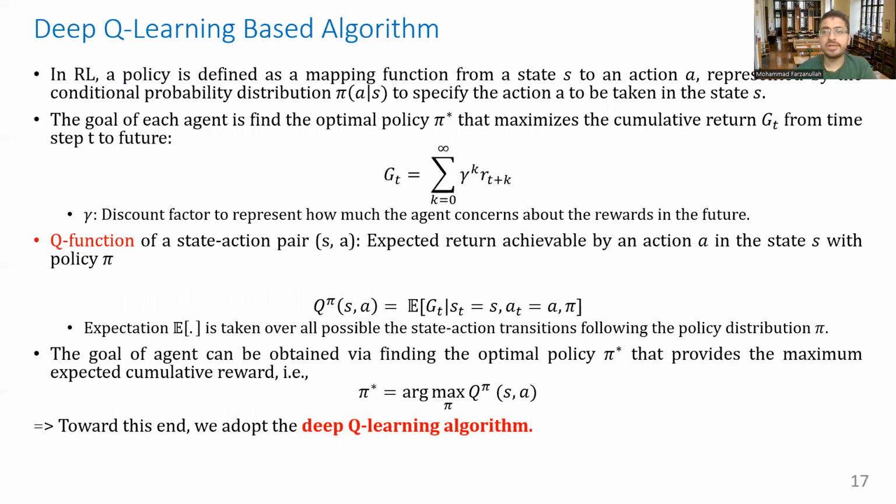This is to indicate successful transmission of the packet to the agent. So the reinforcement learning algorithm we use is deep Q learning. In reinforcement learning, the goal of the agent is to maximize the cumulative return, which is the sum of the reward at the current and future time steps. Meanwhile, a policy is a function that maps the state to action. The Q value gives the expected return of a state action pair with a given policy. And so the aim is to find the policy that maximizes the return at each time step.